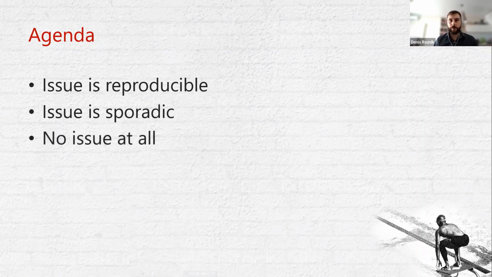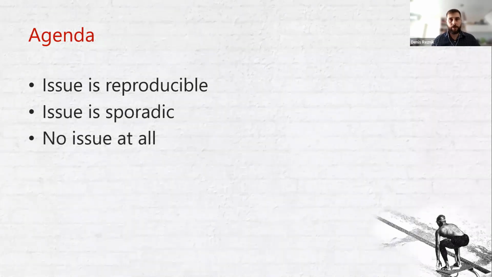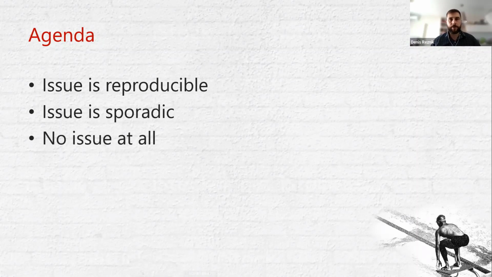Third one, no issue at all. It looks pretty good, but at the same time, users cannot track this as an issue. But you know that if a query is executing for more than 1 second, for example, this is an issue and you need to tune it proactively. This is some kind of proactive tuning. And the last case will be about tricky issues, when you usually should call Microsoft support, and we will quickly check what we can do by ourselves. Maybe we can do something with that.